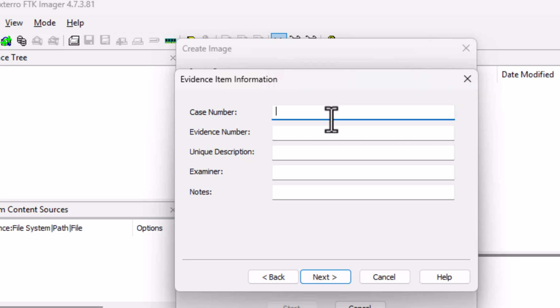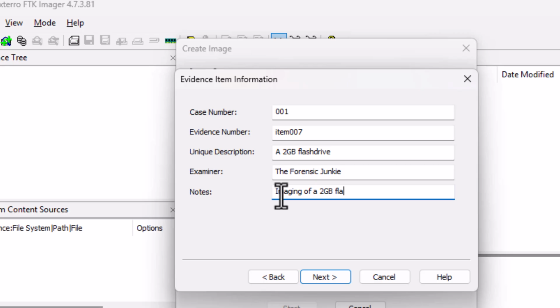So the case number, we're going to call this case number 001. Evidence number, item 007, then the unique description, 2 gigabyte flash drive. The examiner, forensic junkie. Notes. The note for this imaging will be imaging of a 2 gigabyte flash drive. Next,